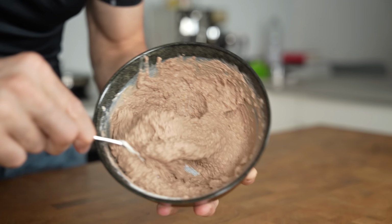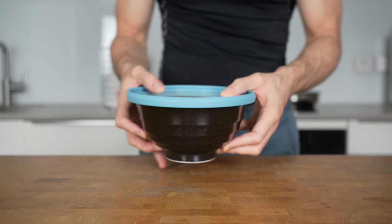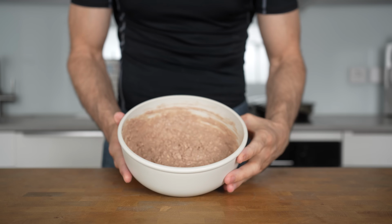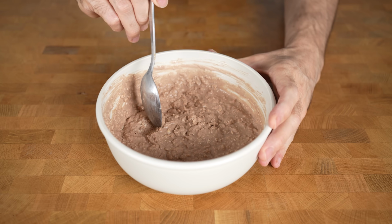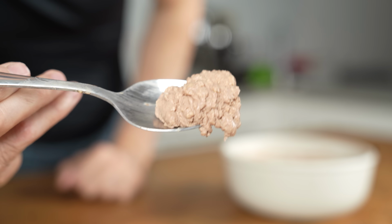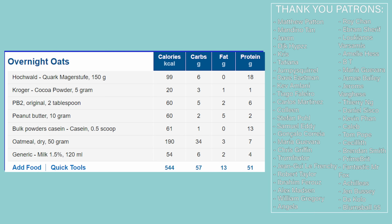As you can see, it is already quite thick, but it's still a bit runny, so put a lid on top and refrigerate this overnight, and now look how this turns the next morning. It is so thick that you can flip the bowl without anything falling out. And I'm telling you, this feels exactly like cookie dough. I mean, look at this. And now check out the macros. This whole bowl comes in at 544 calories, 57 grams of carbs, 13 grams of fat, and 51 grams of